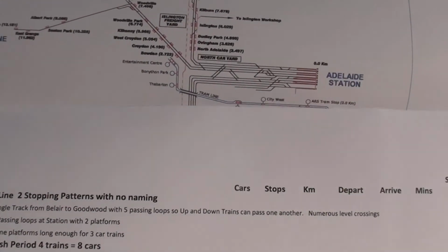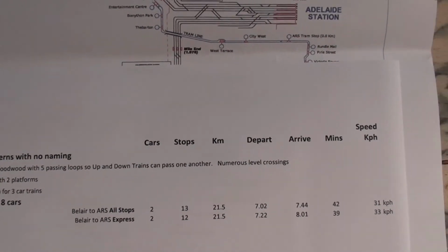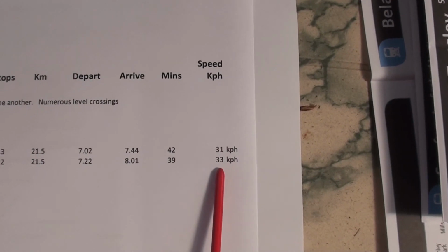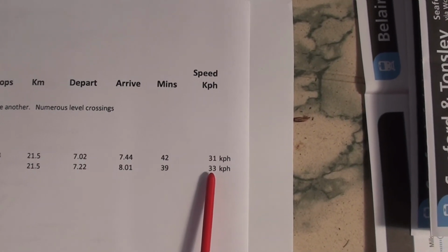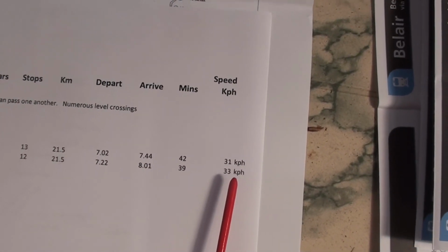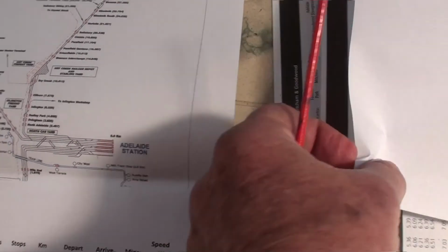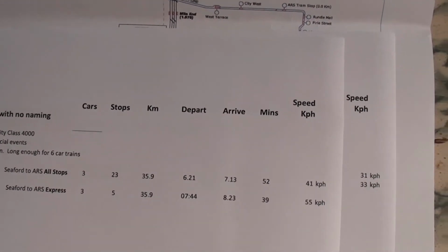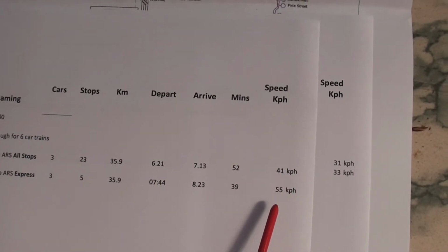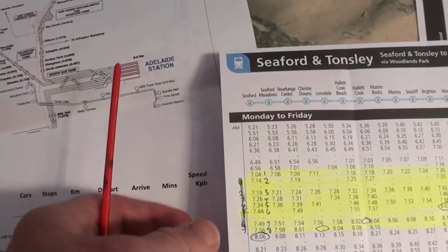If we look at the Belair line, we can see that the average speed on the Belair line is 31 for all stops and 33 for express travelling. And on the Seaford line, we can see that the Seaford with all stops goes at 41 kilometres an hour, and with express goes to 55. So if we look at the Seaford timetable,